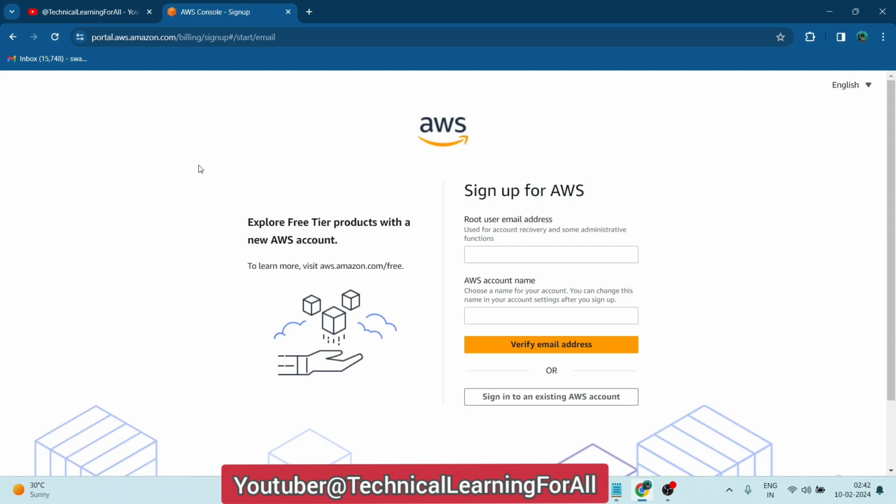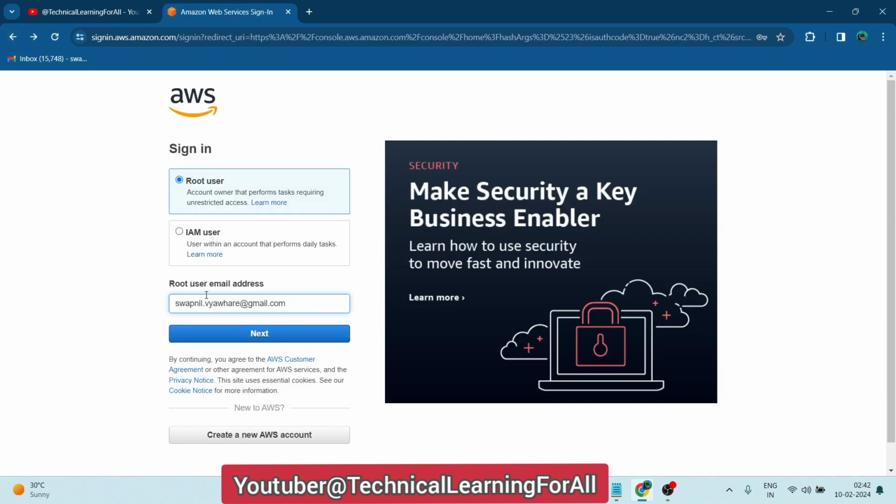And in the US, I think it will take $60. I'm not sure about the USA, but in India it will deduct the 2 rupees from your account, and it will again refund that money back. So you have to just verify your email address, then fill in other information, add your debit card. And once you create your account, simply visit